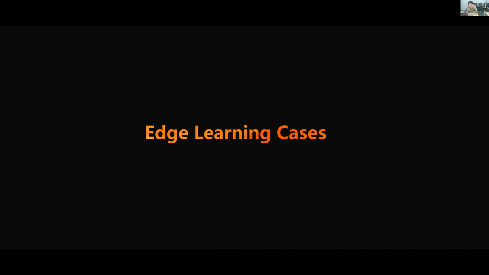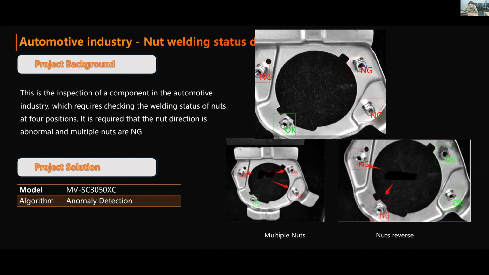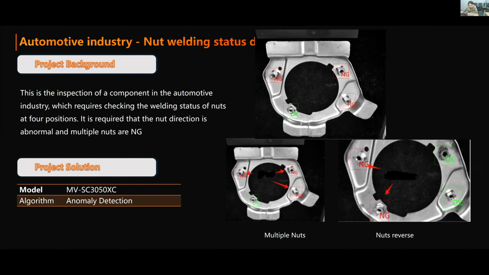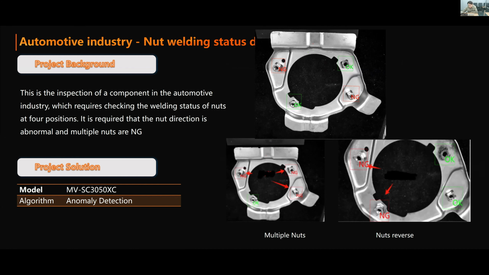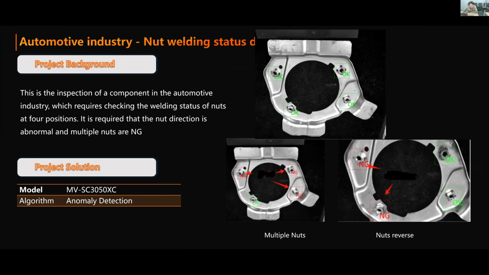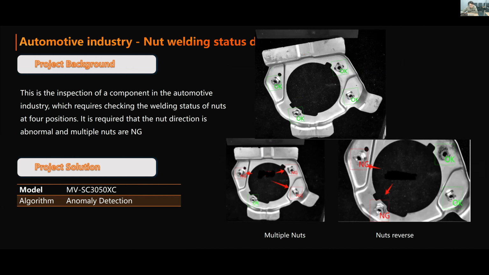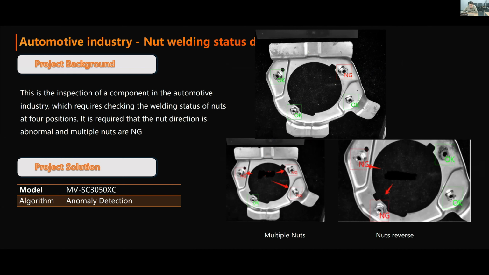Following are some of the edge learning cases. The first one is in the automotive industry, to see if the nut welding status is correct. It detects if the nut's direction is correct, and when there are multiple nuts, it will be regarded as NG also. This is the inspection of components in the automotive industry, which requires checking the welding status of nuts at 4 positions by using our smart camera